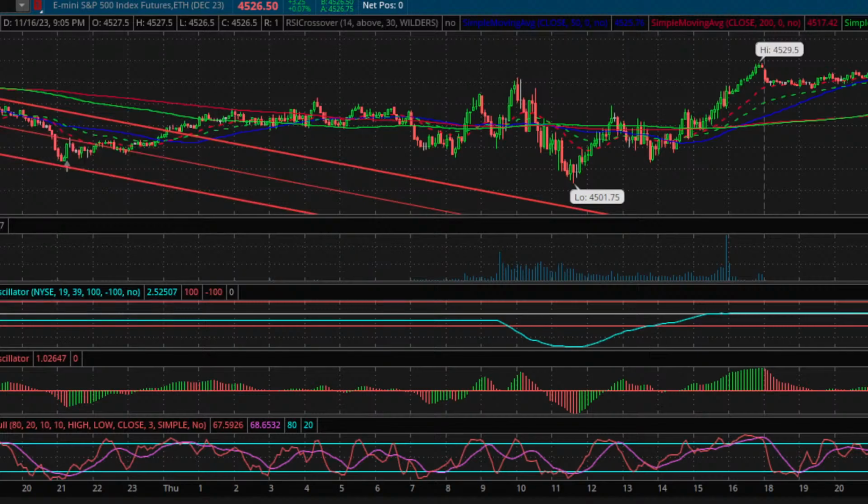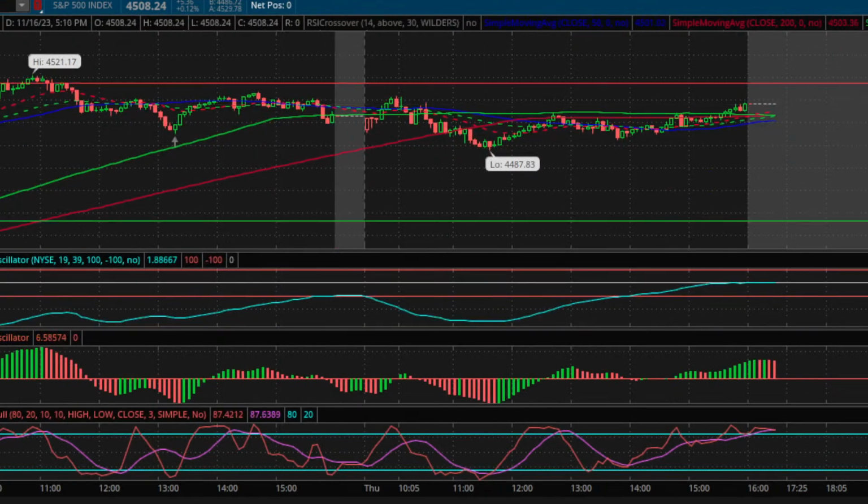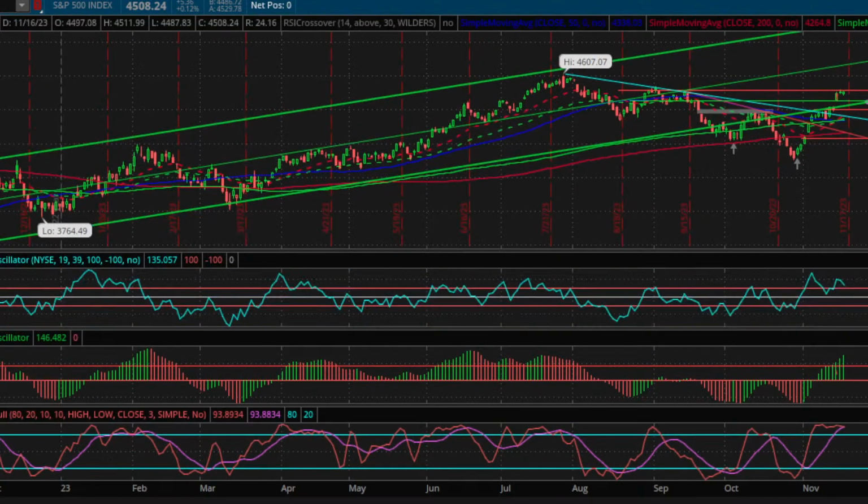I'm going to go ahead and look at the SPX, and I'm going to go ahead and zoom out. We're going to look at the daily candles first. So the daily candles we're going to see here